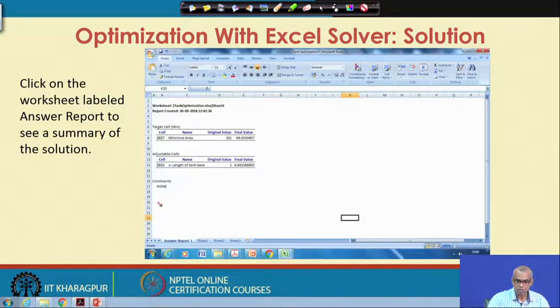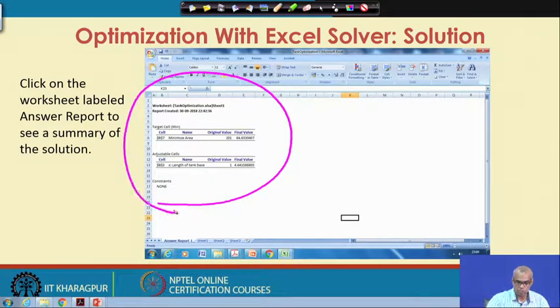So, this gives you a summary of the solution. Look here, x, length of tank base, original value was 1, that means that was the initial case, and the finally converged value is 4.6415. There were no constraints.